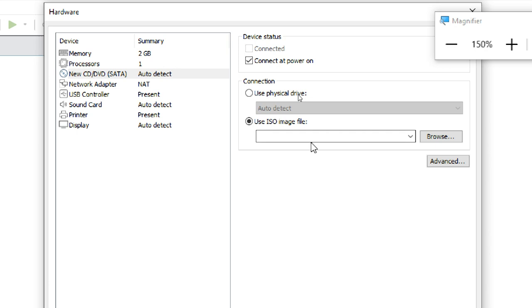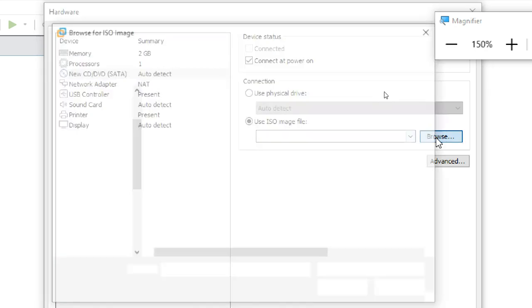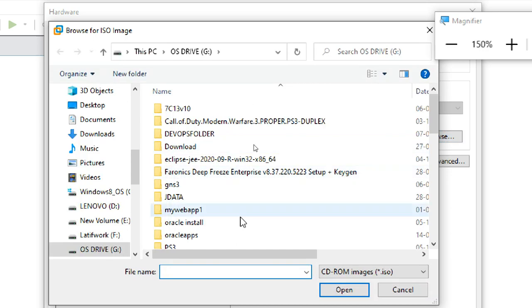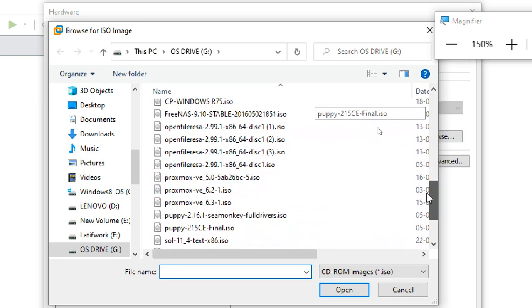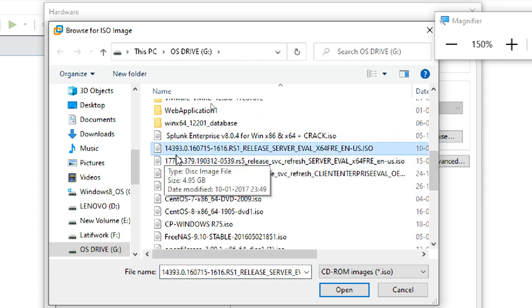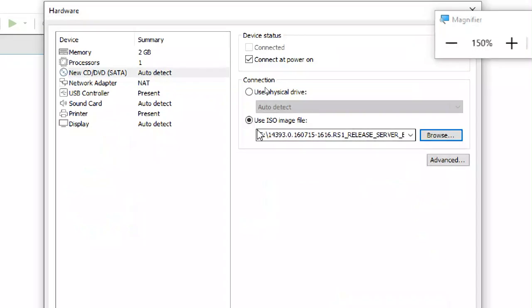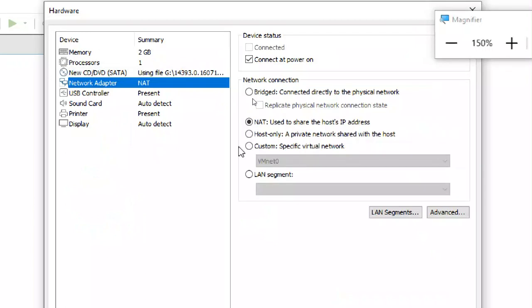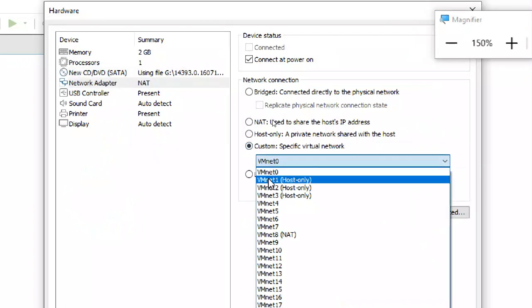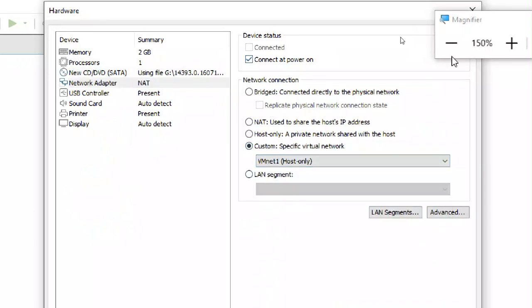Next, use ISO image, browse. It is in my Z drive, I think. This is the one, 14393. Open. Next, network adapter. I'm selecting VMnet 1 here.